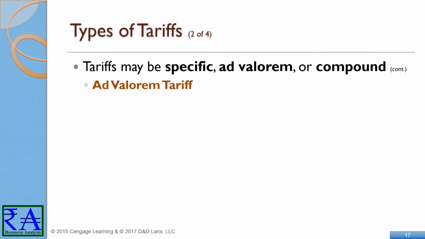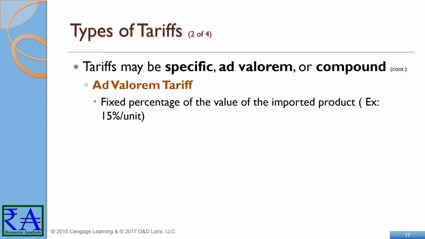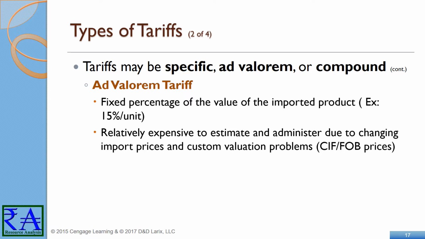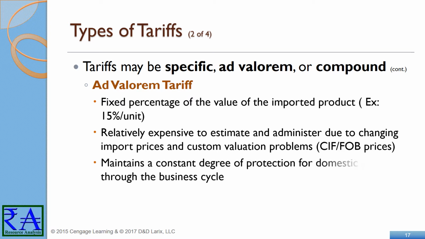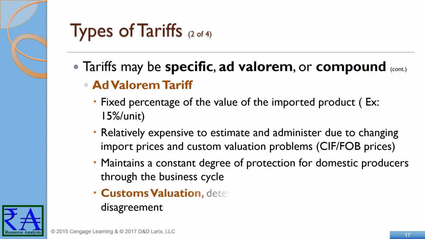Ad valorem tariffs impose a set percentage of the value of imported goods as a tax when delivered to the domestic market. This tariff maintains a constant degree of protection for domestic producers in all economic patterns. As the price of a good increases, so does the total tax collected. If the ad valorem tariff is 10% and the value of the item rises from $200 to $300, the duty